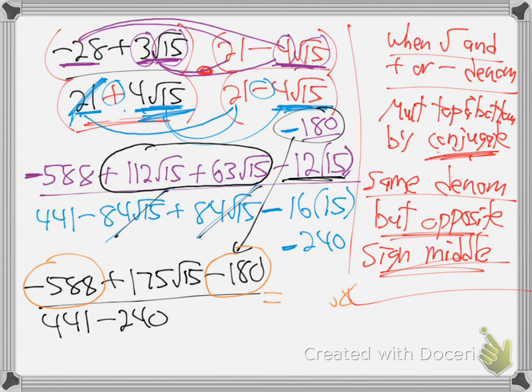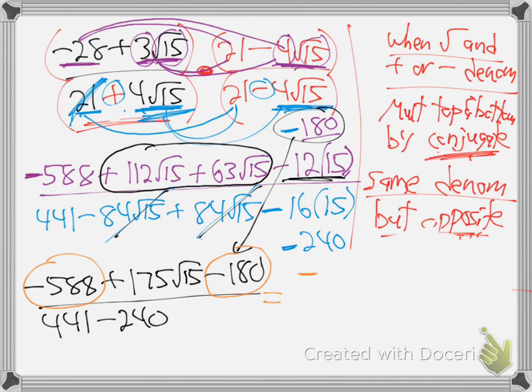Negative 768, whoops, I'm totally running out of room here. Let me get rid of some of this. So negative 768 plus 175 root 15 over, and what's that down there? 201. There it is. That's a messy one. That would take half your test. That took us half an hour. Yeah. All right, so